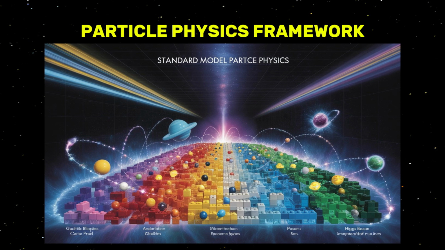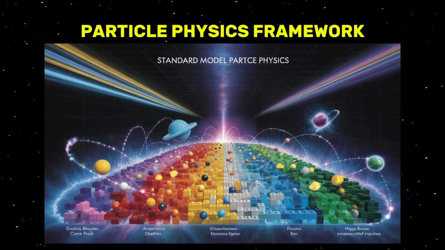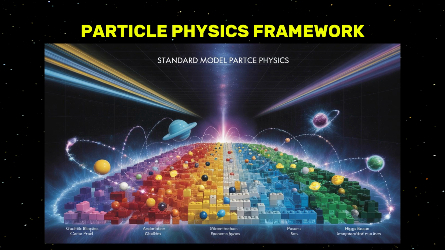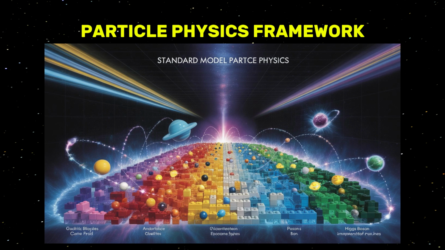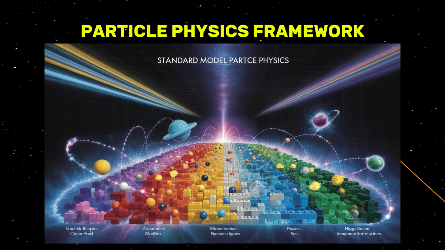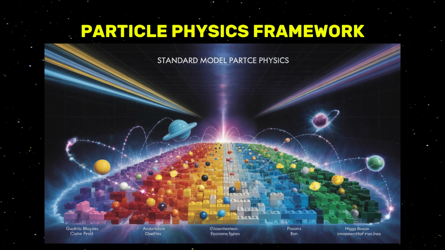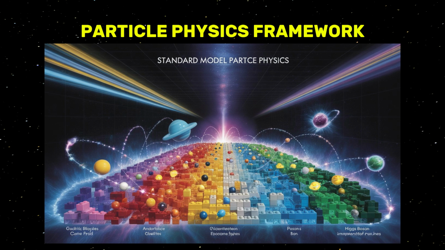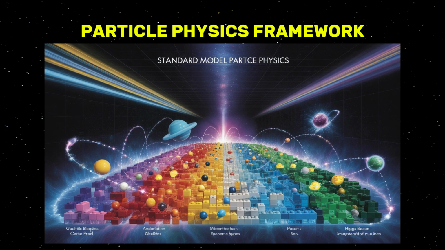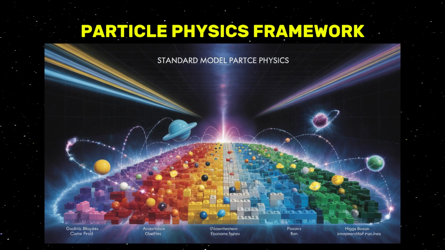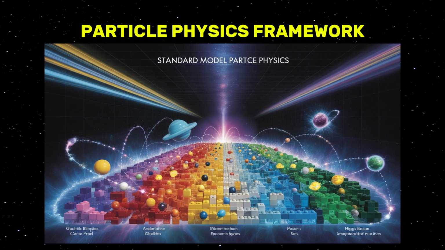As physics advanced, quantum mechanics and special relativity laid the groundwork for understanding particles at incredibly small scales and high speeds. During the 1950s and 1960s, the advent of particle accelerators, massive machines capable of colliding particles at tremendous speeds, enabled scientists to observe phenomena previously unseen. Every collision seemed to unearth new particles, from pions to muons to strange quarks. The influx of new discoveries was so overwhelming that physicists humorously dubbed it a particle zoo.